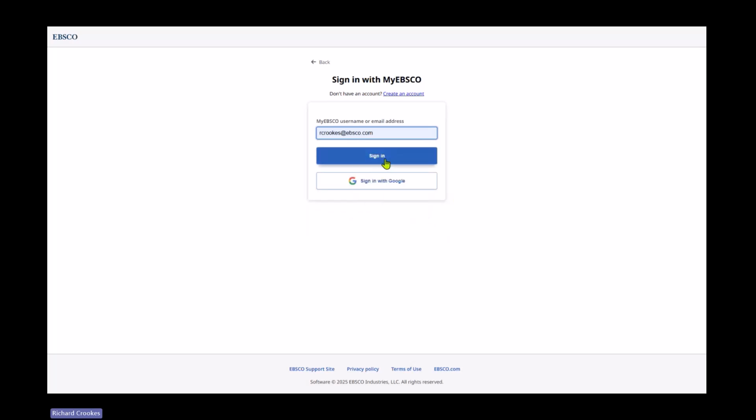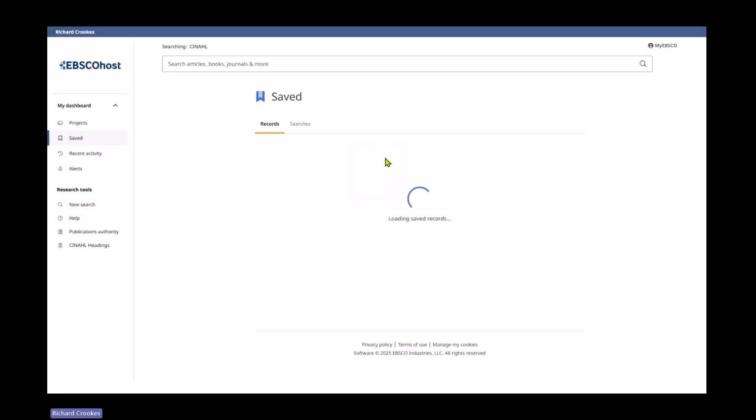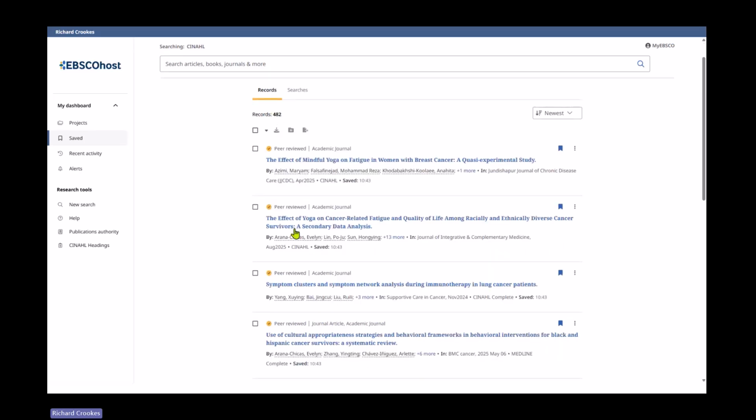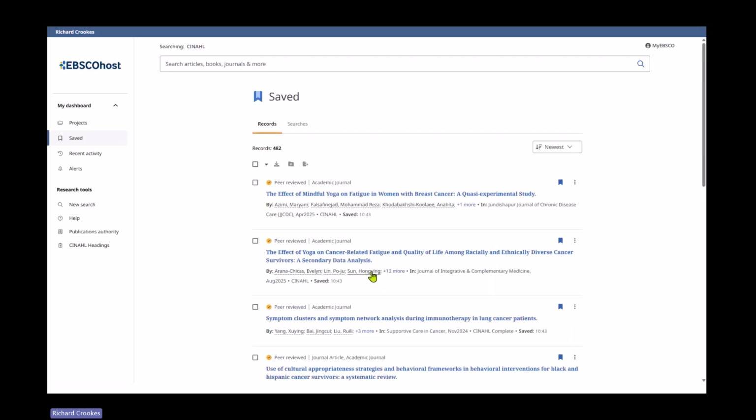So I can sign in here, and hopefully my VPN is still active. Otherwise I have to sign into that as well from my end. And then once you do that, you'll notice in a moment I've got a lot of other records that are saved here, from other searches as well. So again, that's collating them in the save folder. And I'll say more about processing results from the save folder, especially if you want to differentiate what you saved before from current searches at a custom level, as it were. So that's the